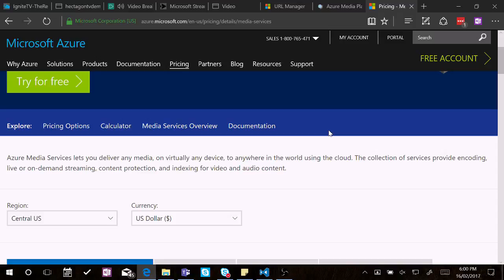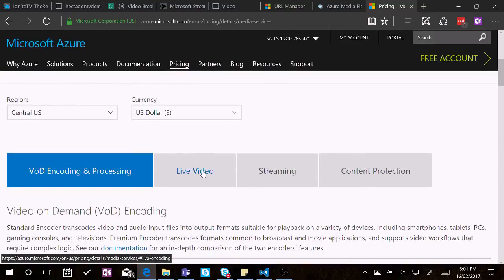The Azure CDN has an egress charge. If you do use media services with the CDN, you only pay the CDN egress charge. You don't pay the normal Azure Network egress charge. If you don't use the CDN, then you do pay the normal Azure Network egress charge. So there's the network charge, there's the storage charge, and then there's the media services specific components, which I'll cover here. So for live video,